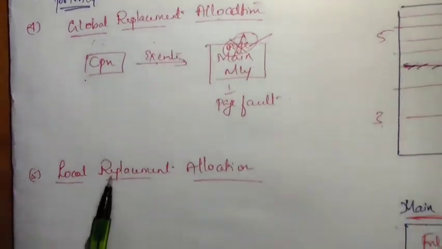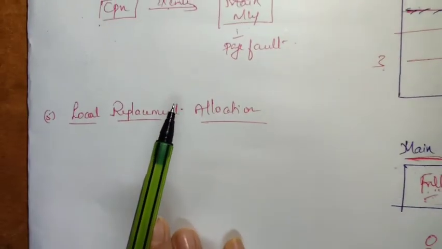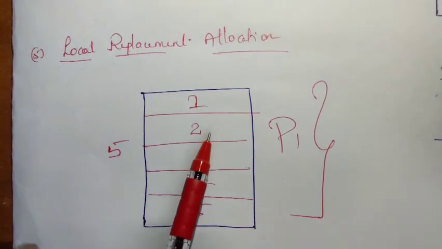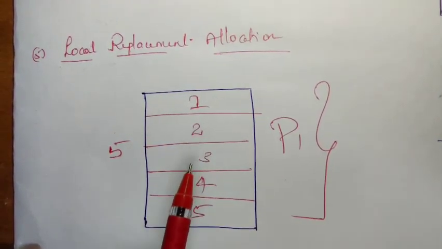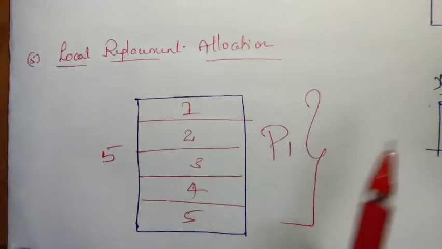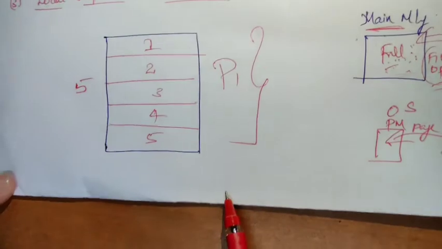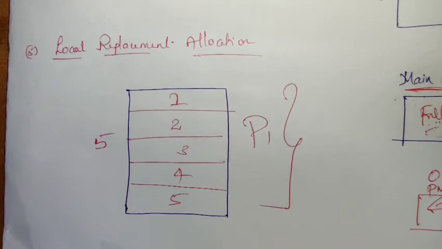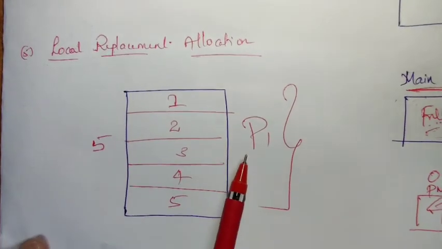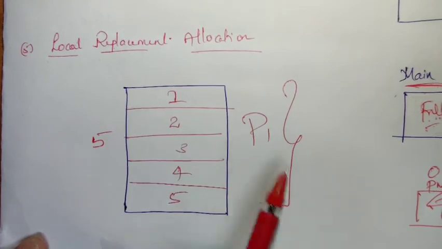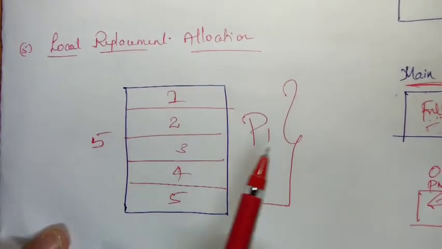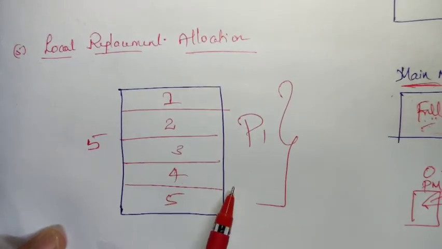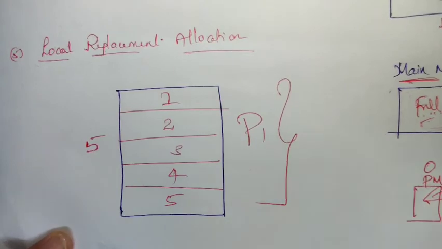And the next concept is local replacement allocation. In case of local replacement allocation, it allows a process to select a frame from its own allocated frames. So here we have 2 sets of frames, that is P1 and then P2. It will allocate a frame from its own process, that's it. If the CPU is executing a process P1, we have to store the process P1 page only in the allocated frames. So 5 frames are allocated for the process P1. Only in those 5 frames will the corresponding process P1 pages be stored. We are not storing the process P1 pages in the process P2 frames.